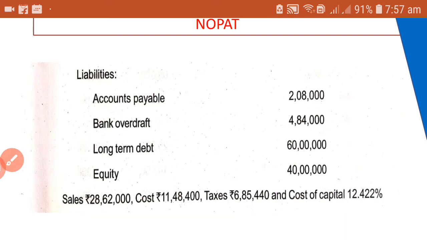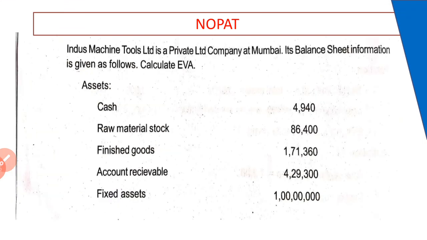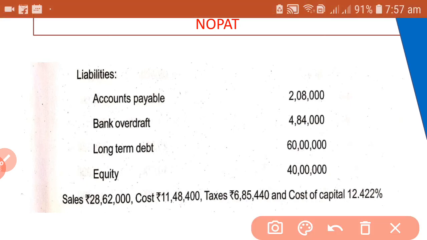How can we get the amount of capital? We will go through the liability side. From this side we can get capital. What are the items taken for capital? Accounts payable? No, accounts payable is a current liability. Then bank overdraft, it is an external liability, it can be taken as capital. The amount of capital invested, we can take this.